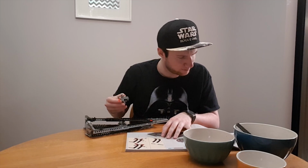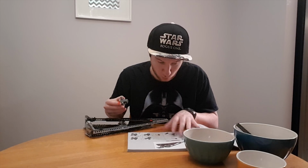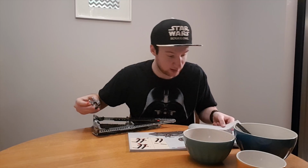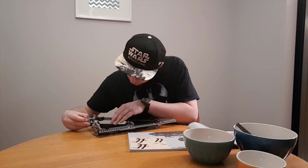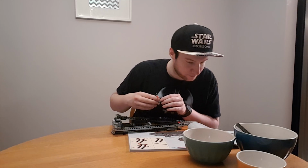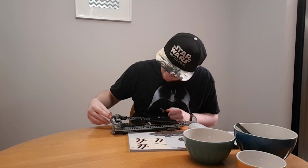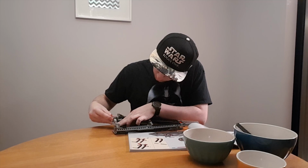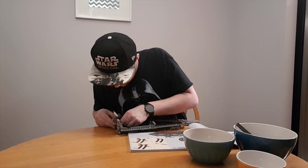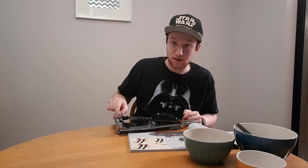Wait, how does this fucking fit? What? Let me get back to that thought in a second. Let me just try and figure out. Does it just click in there? Oh, that is so awesome. That is really smart. However, is it smart enough for me to realize how this works? This goes right over the middle. There we go. Damn, that is actually...